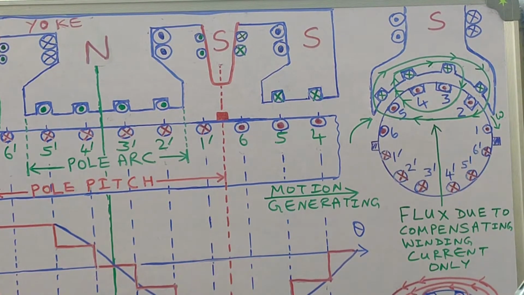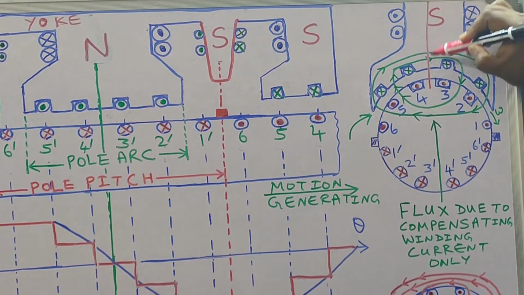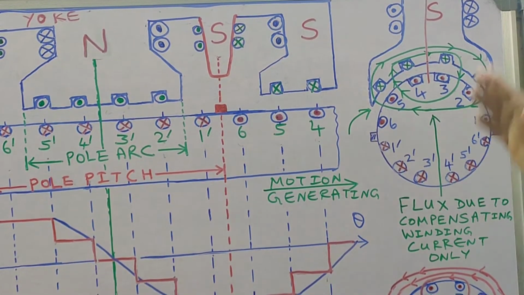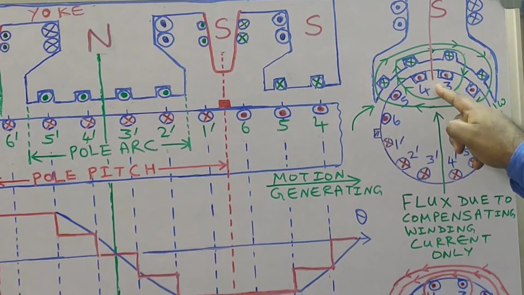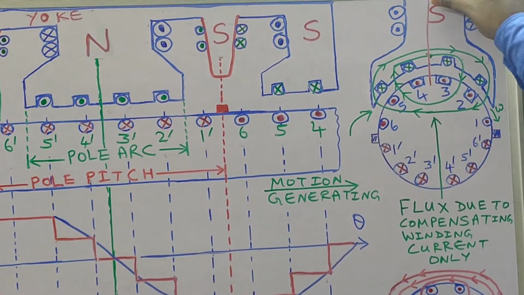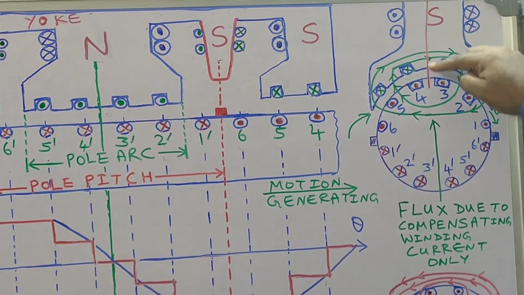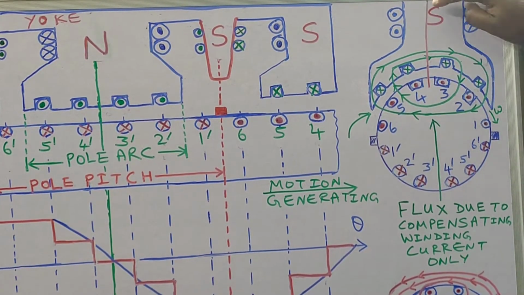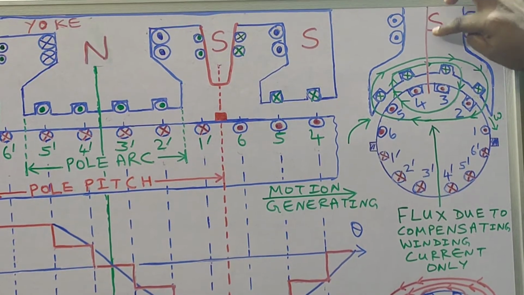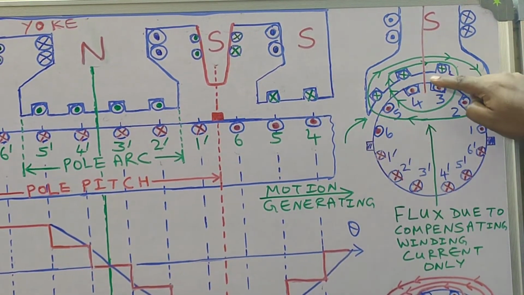And what is the pole center? This is the pole center. So what has been done? It is assumed that the armature core as well as the field poles are cut along this line. This line is nothing but the center line of the pole face, or you can say it is the pole center. So we will take the developed view starting from the pole center.